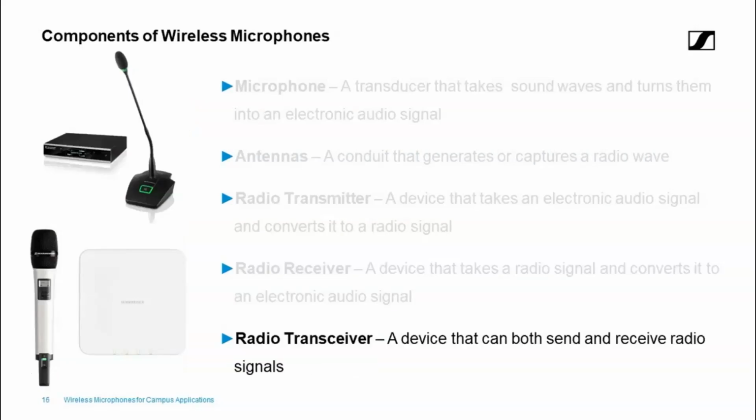And then we have kind of a mix-up of the two, and this is a radio transceiver. And that's in systems where both the portable device, in this case it's a handheld, and the stationary device are always sending information back and forth to each other. And this can be especially helpful in systems where we need to manage them and monitor them and change different aspects of the portable device, whether that be the body pack or handheld, on a day-to-day basis for troubleshooting. So those are called radio transceivers, and they're primarily used in DECT devices, which we'll take a look at.